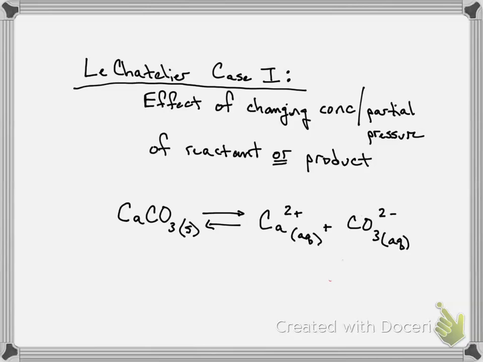So a good example of this issue that I'm talking about here happens when you're talking about some sort of solubility equilibria. So I have an equilibrium process here, which is really just the dissolution of calcium carbonate, right? And so if you imagine having solid calcium carbonate and you try to dissolve that in some sort of water, what you're really waiting for when that thing dissolves is that dissociation that we know that ionic compounds have to do into the Ca2+ aqueous ion and then the carbonate aqueous ion that you can see over here